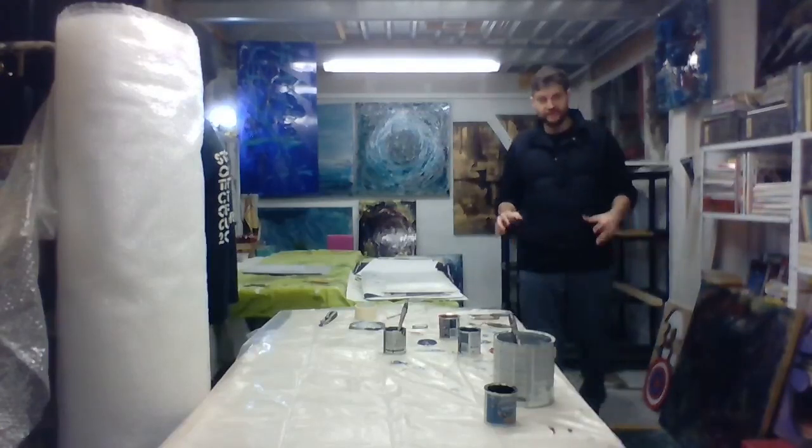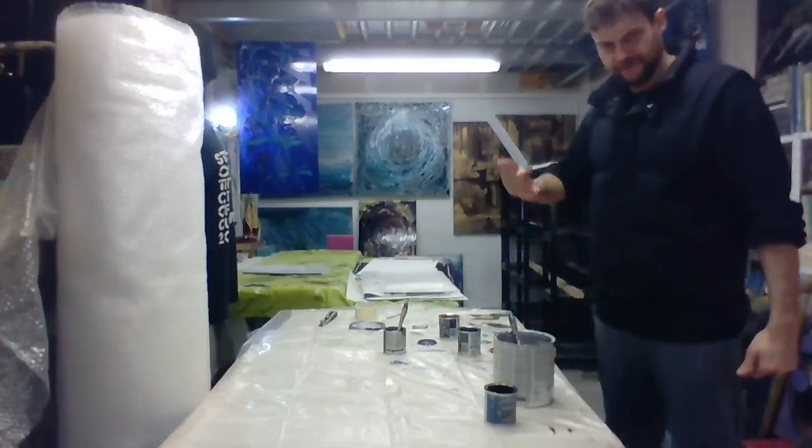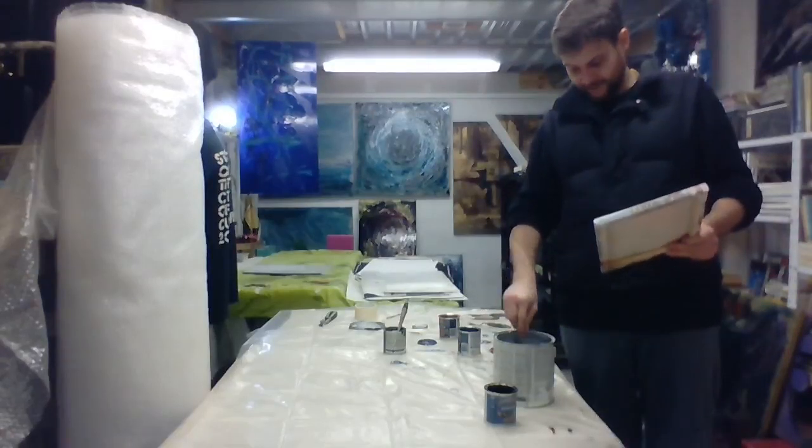Basically, when they kind of reach fruition, I put them into a drawer I've got down there, and when the drawer's full, I'm ready for the shop out front. So something we sort of organised last year, but